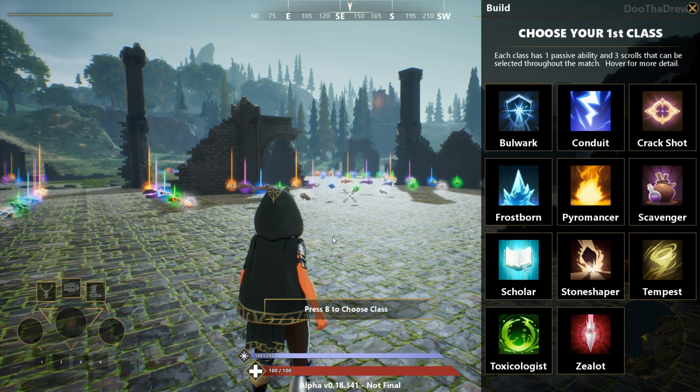Now, each class has 4 traits. Upon picking a class, you will unlock the first trait, which is always a passive ability. In order to unlock the succeeding traits, you need to invest skill points into each class. Now, you get skill points in 3 different